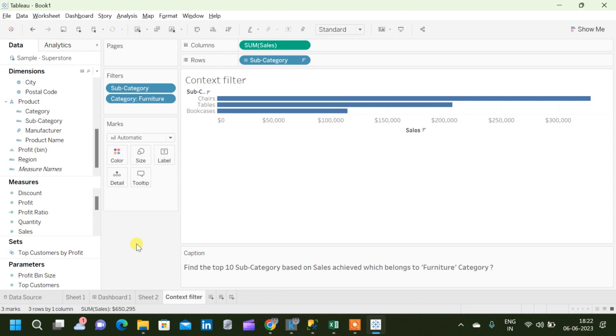So I will tell that once. It starts like this: initially extract filtering will happen, then data source filtering, followed by context filtering. After context filtering, operations like sets, conditional filters, then top N, and then fixed LOD, everything happens between the context filter and the dimension filter. So here we are using two dimension filters. So what happens is, top N happens before the dimension filter. So initially the top 10 is calculated, then the result is getting filtered based on the two dimension filters we are choosing here. That is subcategory,